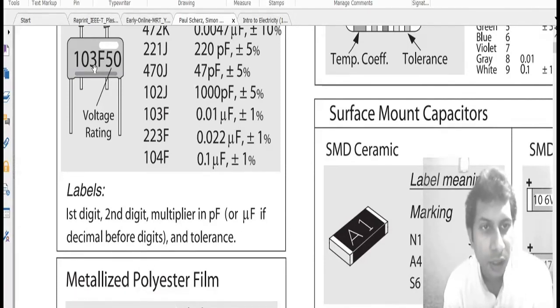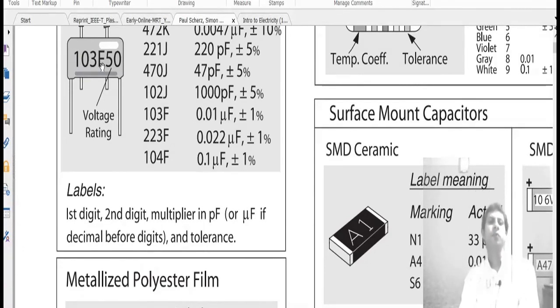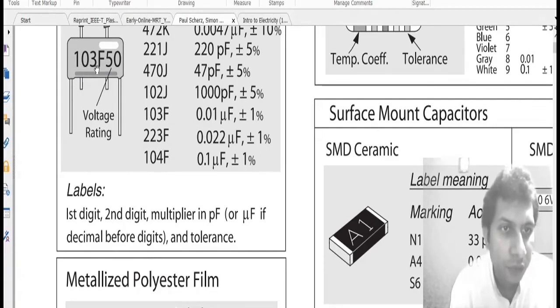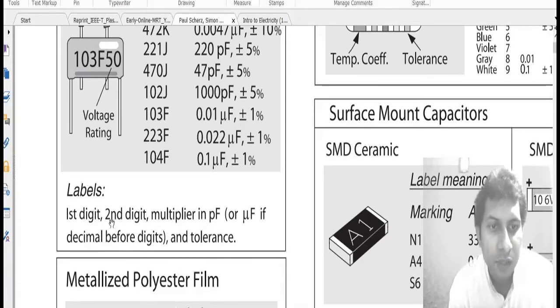ठीक है, अगर ये F इसके digit से पहले होता तो we will treat as microfarad. If this F is after these three digits, multiplier digits के बाद में है F, तो हम इसे treat करेंगे picofarad के range में. ठीक है, अगर ये ऐसा होता 10F3, then we will take it as 10, okay, and 10 to the power 3, and F is farad. तो हम कौन सा लेंगे? माइक्रोफैरड F. ठीक है,